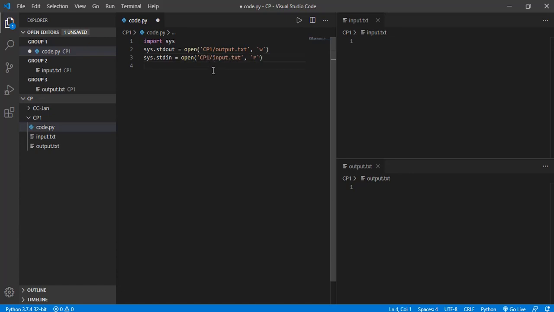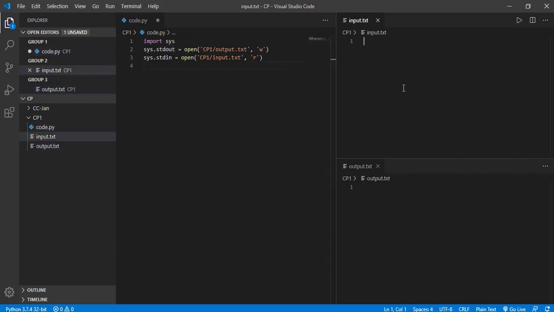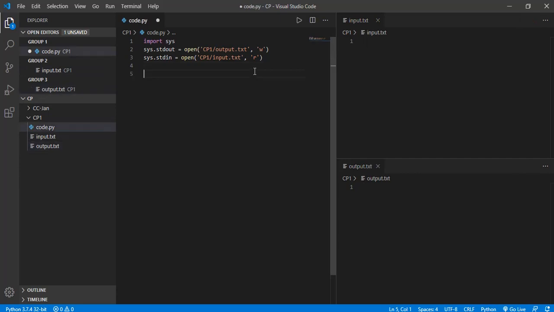Basically what we're doing here is telling Python that you have to take input from this file input.txt and put the output in output.txt. So whatever input function you use for taking inputs will be executed on this and not regularly from the keyboard as we do, and the output will be written to the output file. That is how it's going to work.